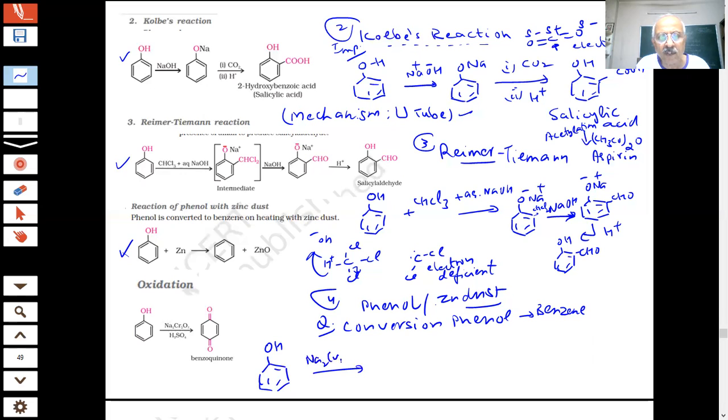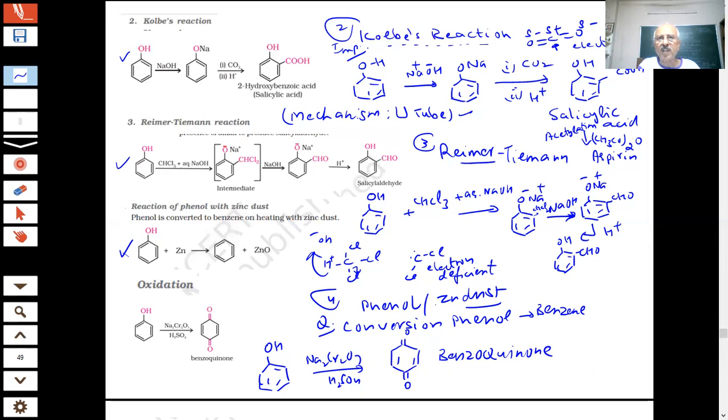Na2Cr2O7 सोडियम डाइक्रोमेट है, H2SO4 है, ये एक ऑक्सीडाइजिंग एजेंट है। जस्ट लाइक जो आपका ऑक्सीडाइजिंग एजेंट था पोटेशियम डाइक्रोमेट, सोडियम डाइक्रोमेट भी ऑक्सीडाइज कर देगा, तो क्या बन जाएगा, बेंजोक्विनोन कहते हैं इसको। द नेम ऑफ दिस, स्टूडेंट, बेंजोक्विनोन। देखो ऐसे प्रोडक्ट एग्जाम में कई बार पूछे गए हैं, दिस इज कॉल्ड बेंजोक्विनोन। तो बेंजोक्विनोन बन गया, ऑक्सीडेशन हो गई। दीज आर सम ऑफ द मोस्ट इंपॉर्टेंट रिएक्शंस विच वी हैव डिस्कस्ड।